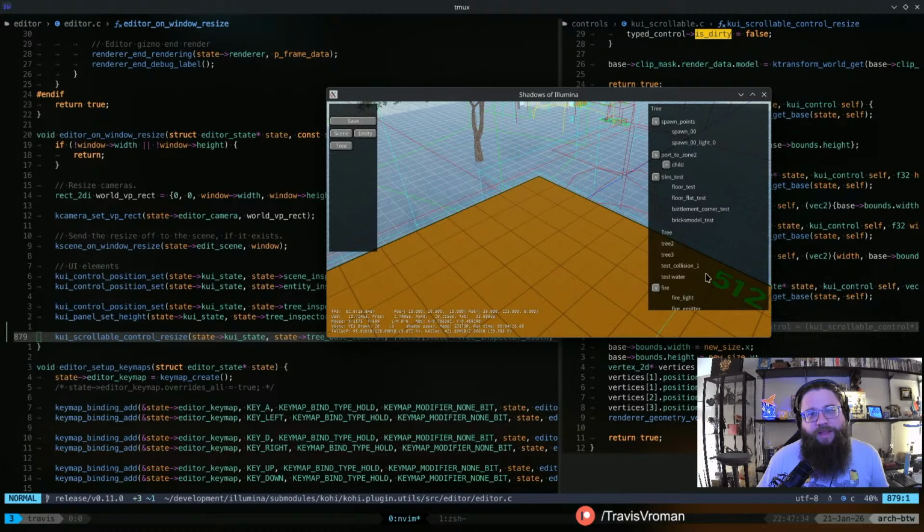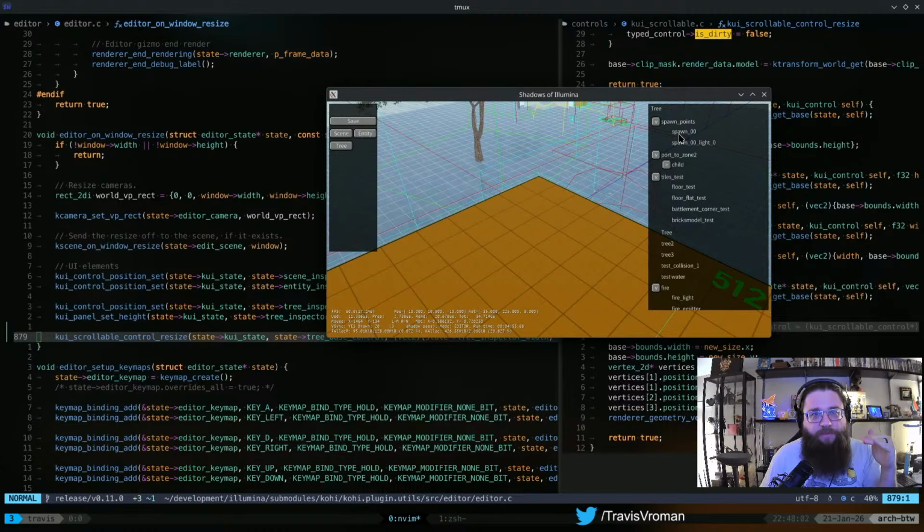And then we also need to hook up the mouse wheel events to essentially apply an offset on the X and Y axis to the content area within that control, right? So essentially what that means is we're going to need another